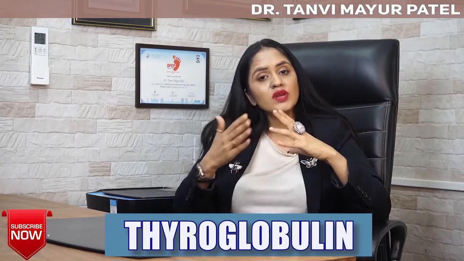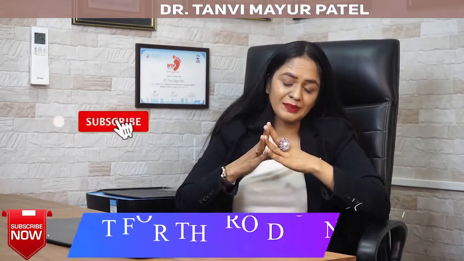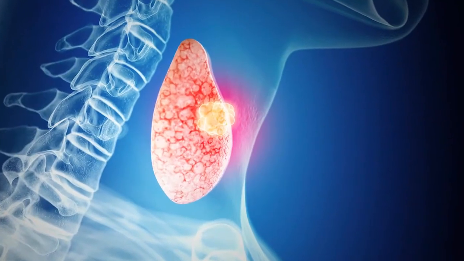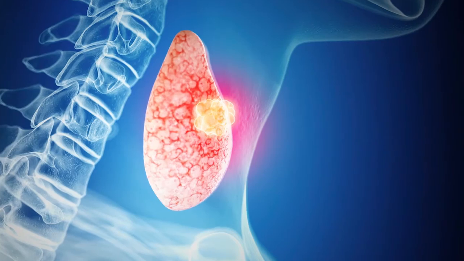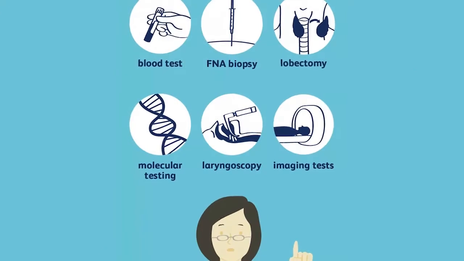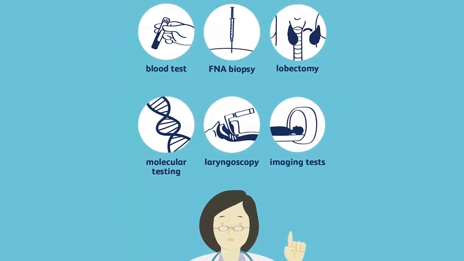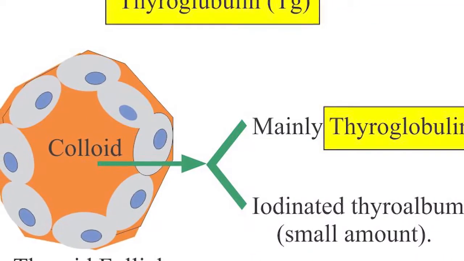Another protein test we do is thyroglobulin. Thyroglobulin is a protein secreted by the thyroid gland. Usually thyroglobulin levels are done not to find out about thyroid cancer, but they are more helpful once a patient has recovered from thyroid cancer. When you've undergone treatment for thyroid cancer, either by surgery or radiation or whatever means as per your individual case, in the follow-up visits we do a thyroglobulin level test.